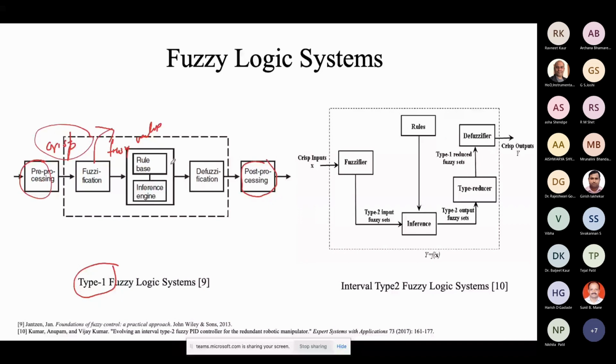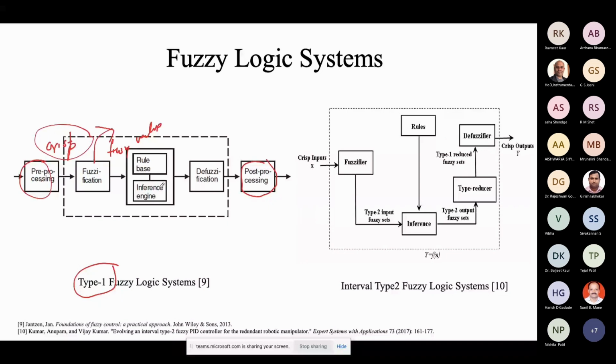Actually, the rule base is a predefined data set which is available in your fuzzy logic system. However, the rule base was generated from expert knowledge, not randomly. As per your application, we generate the rule base. We will see what kind of rule base we have. And an inference engine is used for the firing; what kind of strength we want to fire depends on the inference engine. We will see that two types of inference engine are available: one is TSK, Takagi-Sugeno kind, and another is Mamdani type. We will see that step by step.